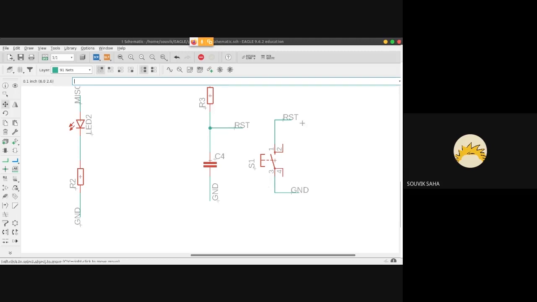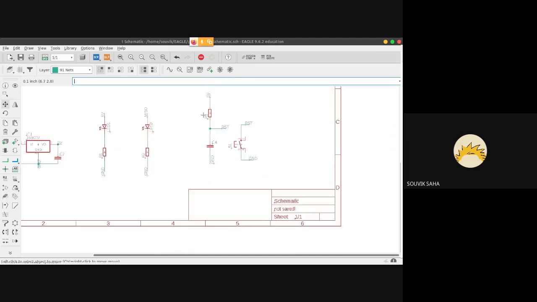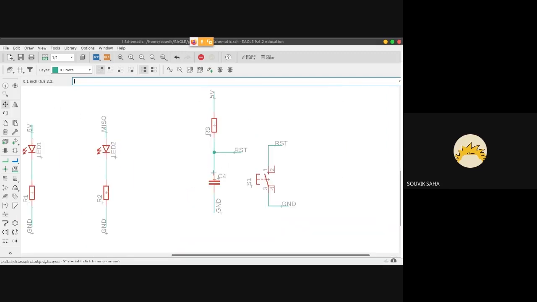But as soon as you release the reset switch, this capacitor gets charged from this 5 volt that you can see. And once it gets charged, it's like an open circuit. The capacitor, once charged, doesn't allow any DC current or DC voltage to flow here.